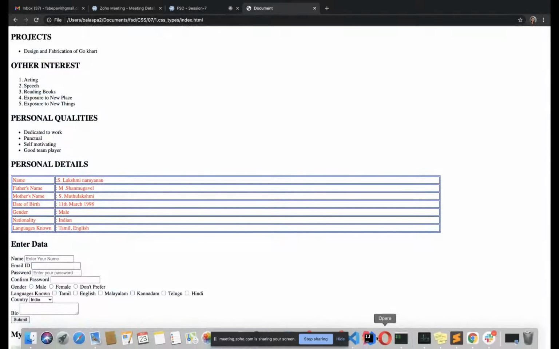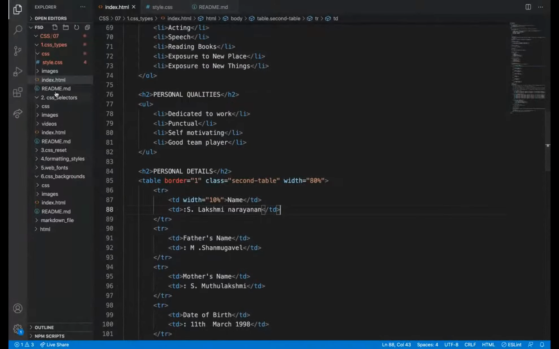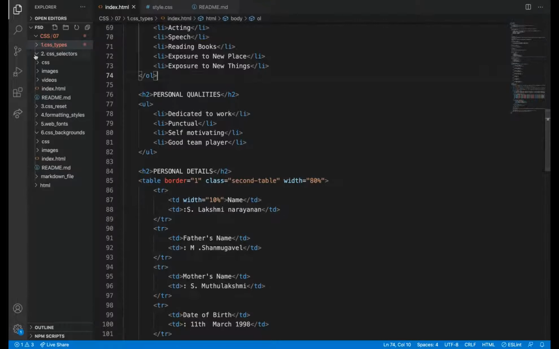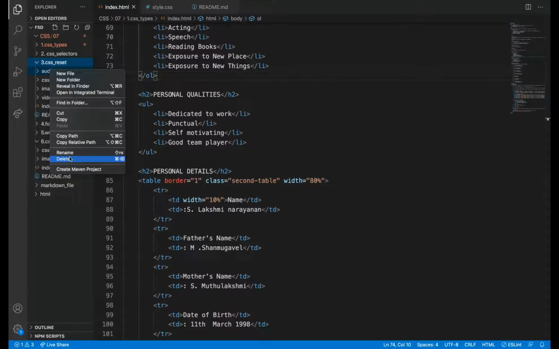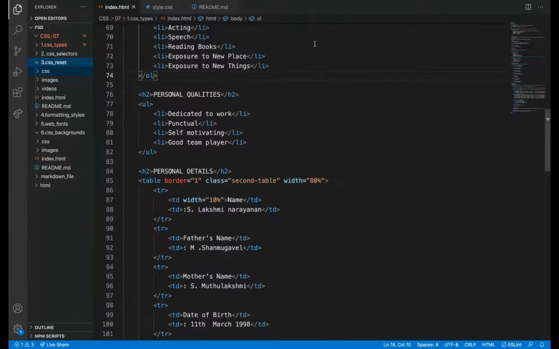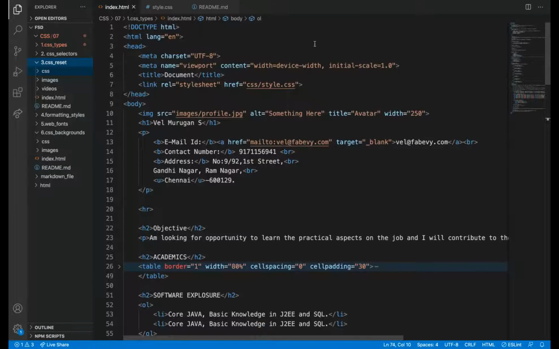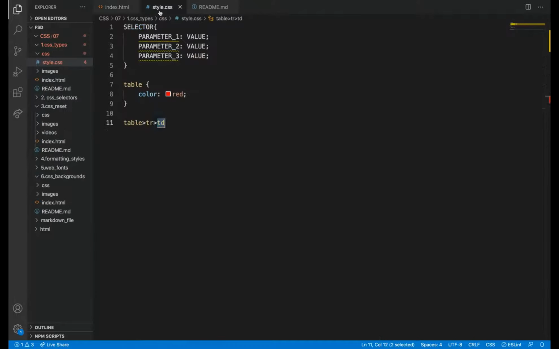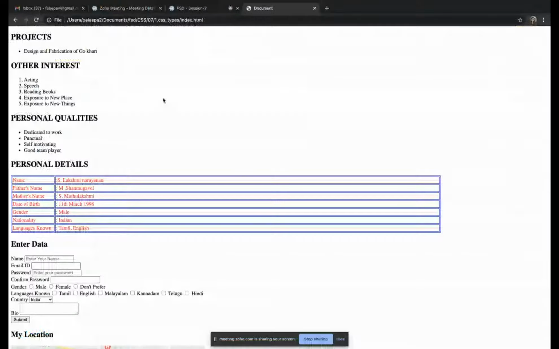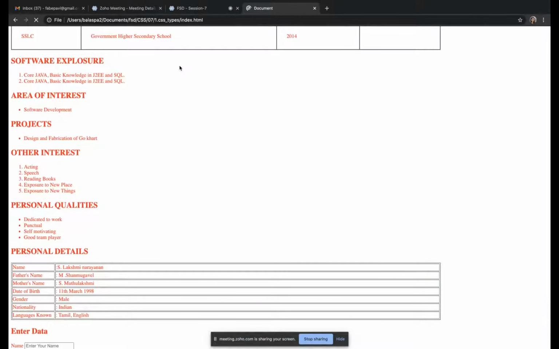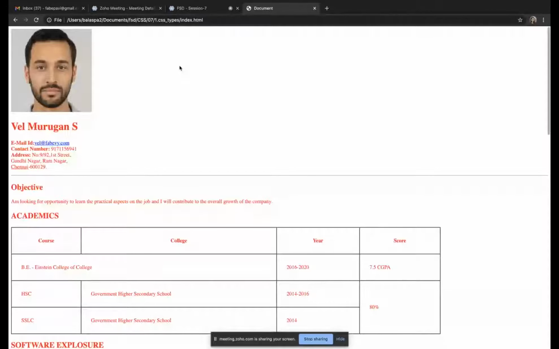Okay, we will go to the next topic. So CSS selectors we have completed. CSS reset. What is CSS reset? There is a concept called... one more thing before going into this. Let us assume for the body tag I am giving color red. Fine. So body tag means everything inside it will get the style applied.